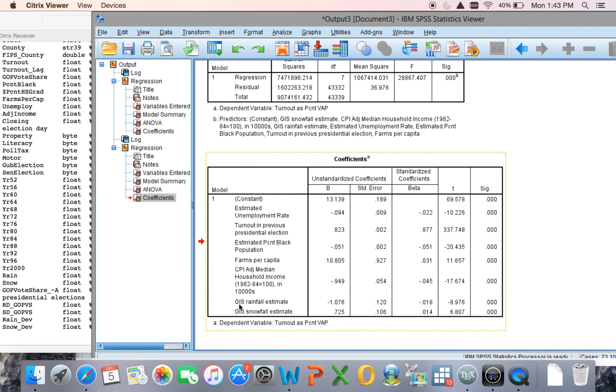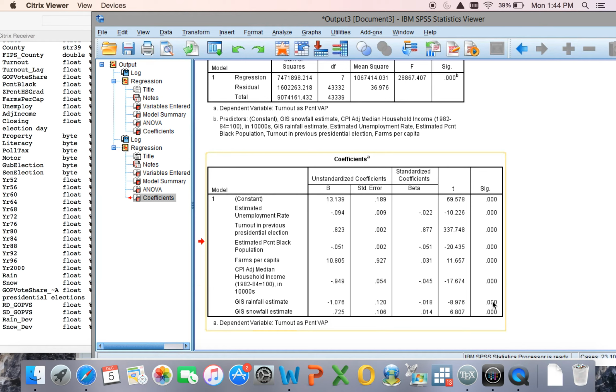The rainfall estimate. How to interpret that? On average, ceteris paribus, a 1 unit increase in rainfall leads to a 1.076 unit decrease, the beta is negative, in turnout. So if you want to interpret it really specifically, turnout's unit is in percentages, rainfall's unit is measured in inches of rain, so on average, ceteris paribus, a 1 inch increase in rainfall leads to a 1.076% decrease in turnout. It is statistically significant, and that 1.076% decline is actually fairly large,